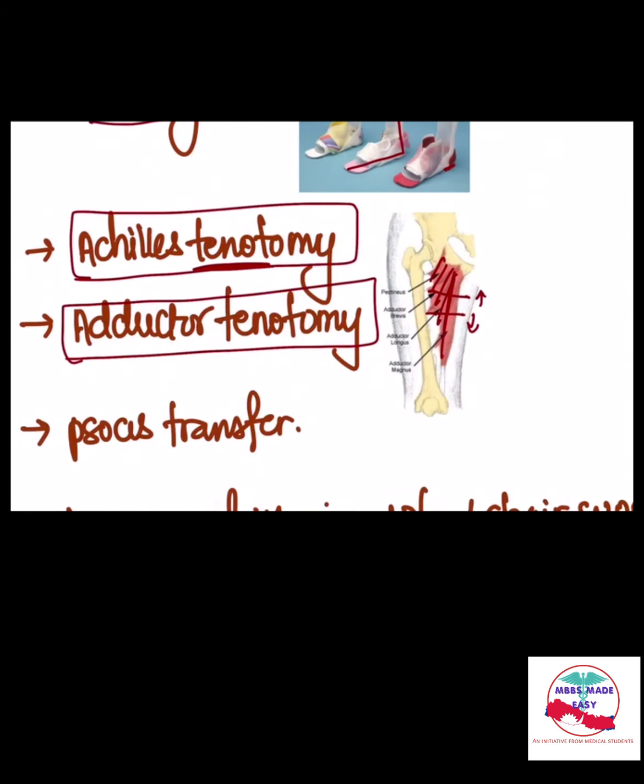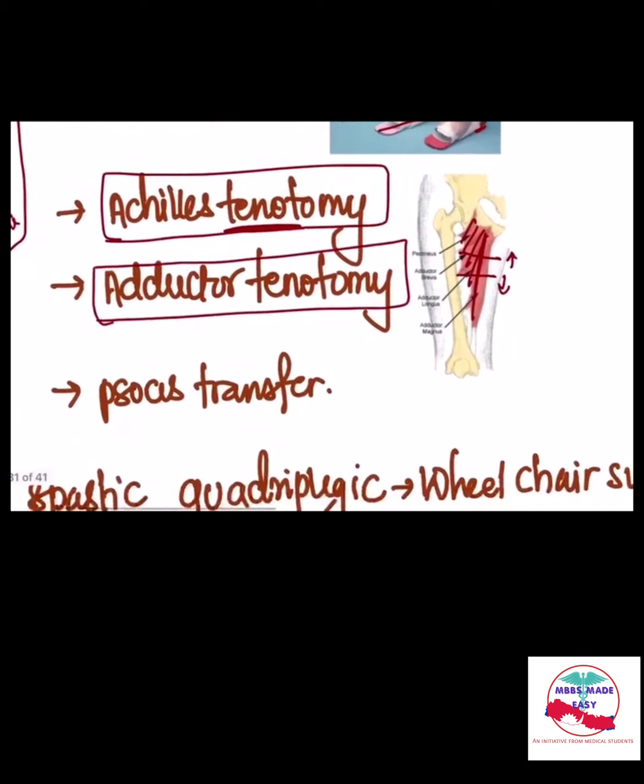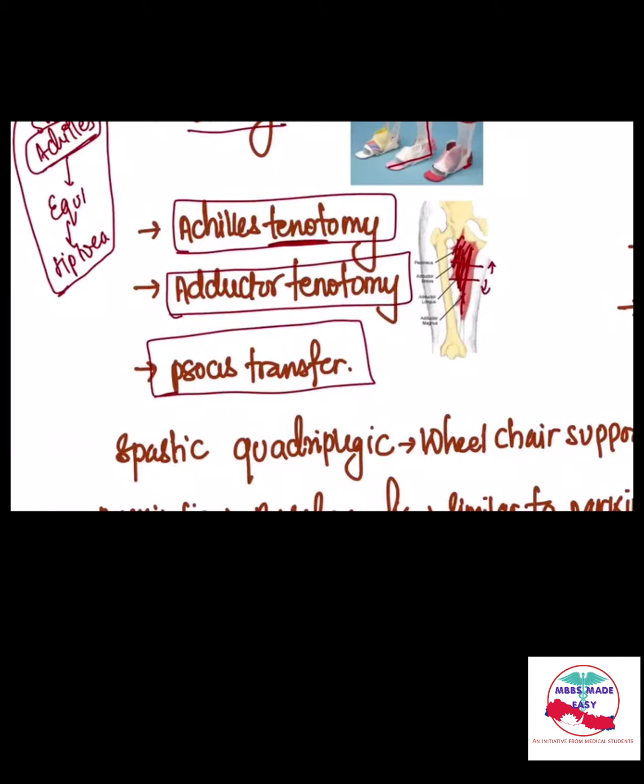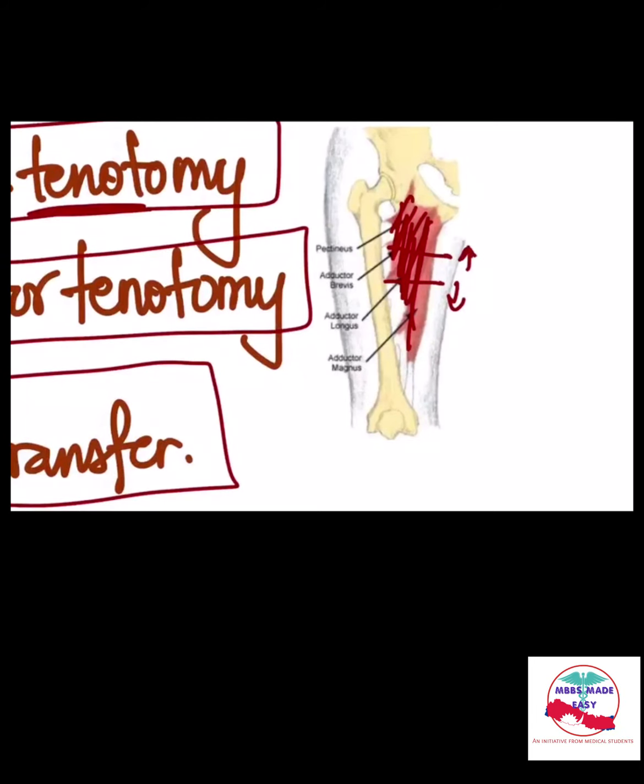So adductor tenotomy. Even if adductor tenotomy does not work, then you can do muscle transfer. You can take the adductor muscle and psoas muscle, and you can do a psoas muscle transfer inside at this place, and this will resolve the scissoring type of gait. Now sometimes even with the tenotomy and lengthening of the muscle, or even with muscle transfer, if it does not work, then you will have to find the nerve, the lower motor neuron